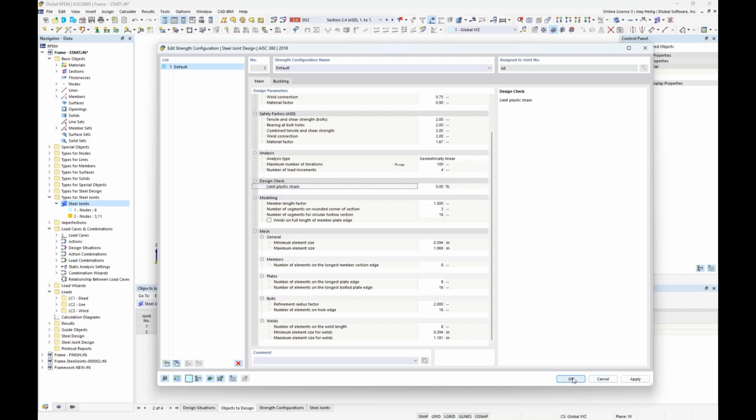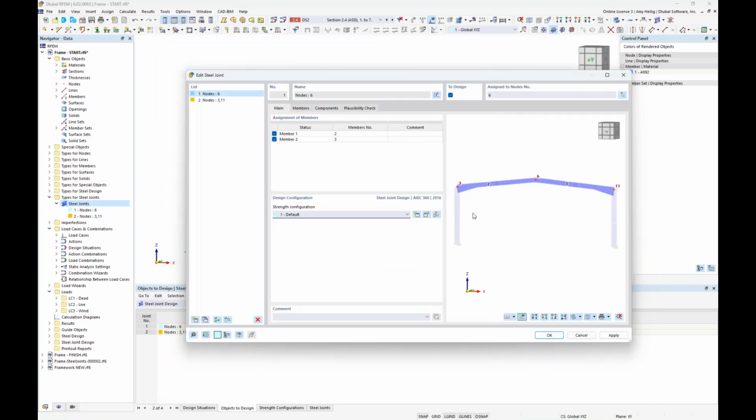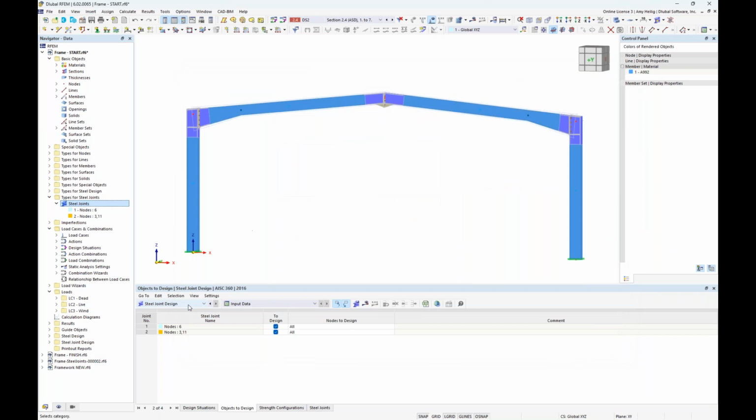So once this information is all input into our configurations, the final thing to do is to go back here to our RFEM model and to jump down to the steel joint design add-on. So within this add-on in table format, we have here our two design situations, which we should remember as we covered those earlier. We have our LRFD design situation where we want to set this to the strength limit state